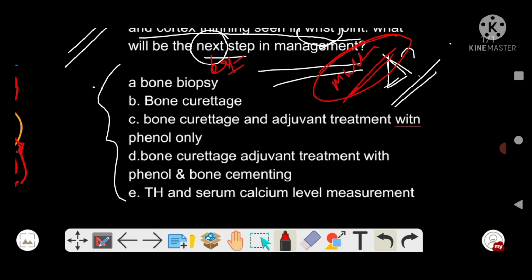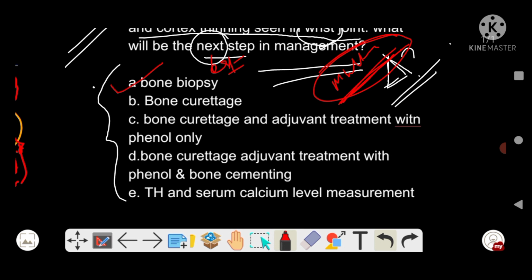But if it is not a multiple choice type and they ask you to choose one best answer, which will be the next best step, you will choose any option that has bone biopsy in it. So bone biopsy remains the first option, followed by excision, curettage with excision, followed by grafting. You can do anything, but bone biopsy should be in your first preference. Since it is a multiple choice type, there are many options that are correct. So if we talk about the next step, it will be your bone biopsy.